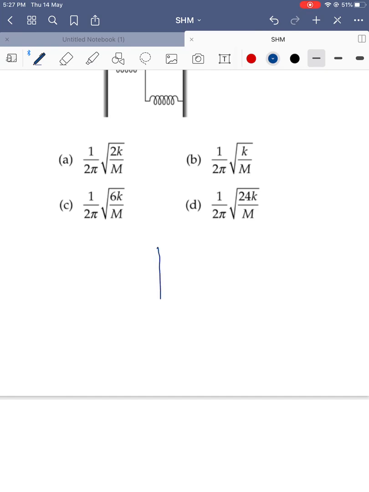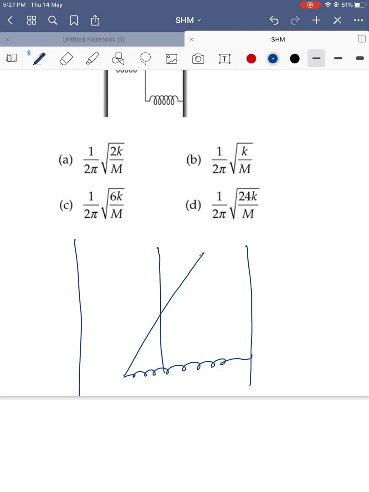When the rod is displaced, initially it is like this. Initially the springs are like this. Now you displace it a little bit. When you displace, from one side it will be like this, and on another side it is like this. For small angle theta and spring constant K, here is a displacement X, and here is a length L. It is fixed at the center.